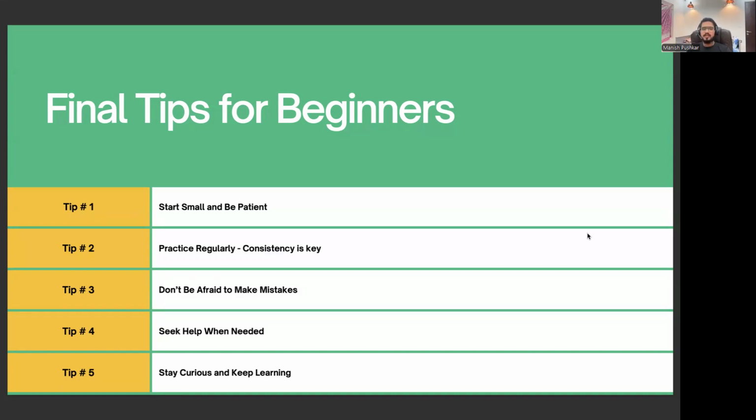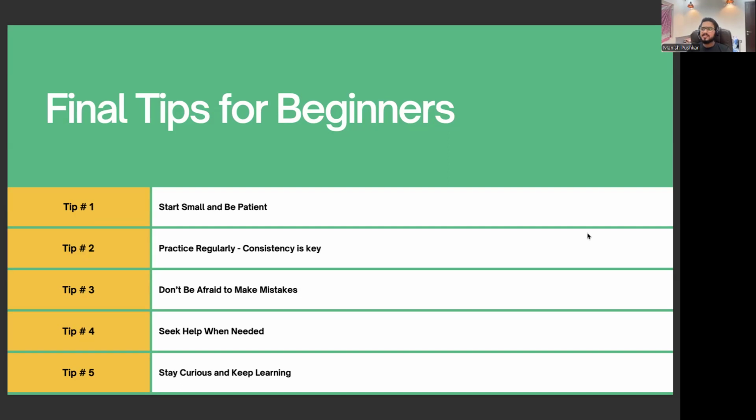This is again, if you are not being consistent with the coding, or I would say any of the skill, you will not be able to become good at it. ठीक है, ऐसा नहीं हुआ कि एक दिन किया एंड देन 10 दिन नहीं किया एंड फिर 2 दिन किया फिर नहीं किया, you will be very good with it. नहीं होता ऐसा. You have to at least practice daily. Daily means you have to write some lines of code daily. ठीक है, probably write a small method even if बहुत time नहीं मिला तो, but at least try to be consistent with it. कुछ तो करो, at least push some code to your GitHub.